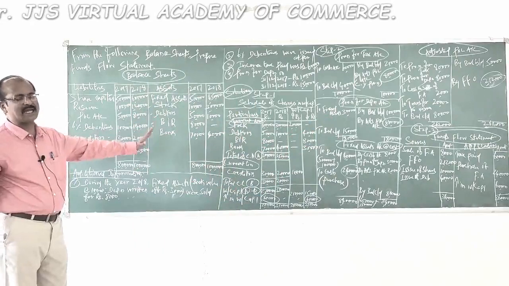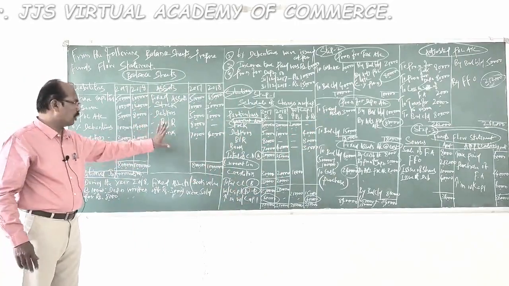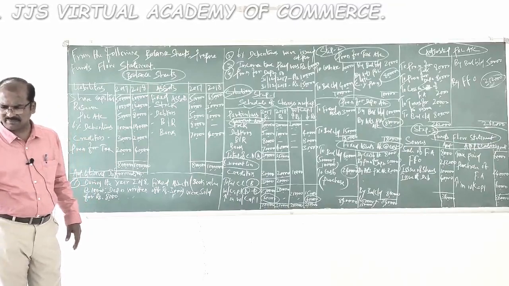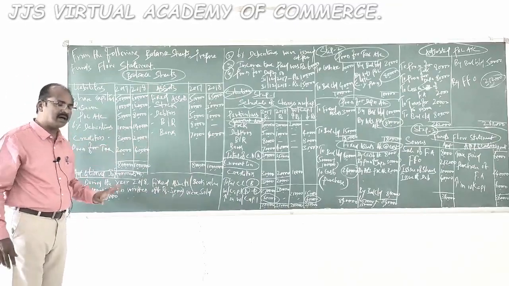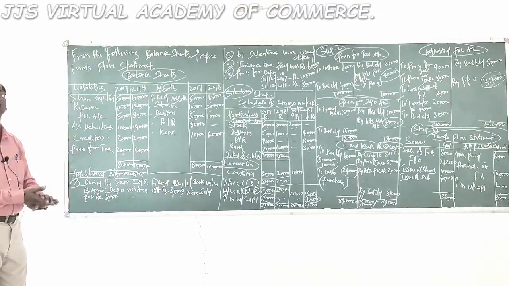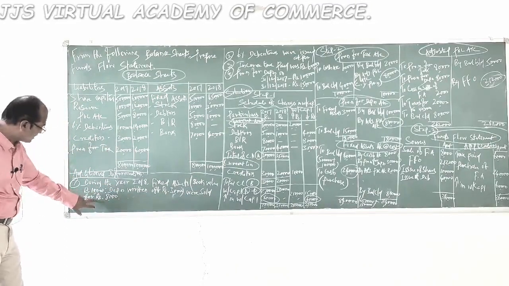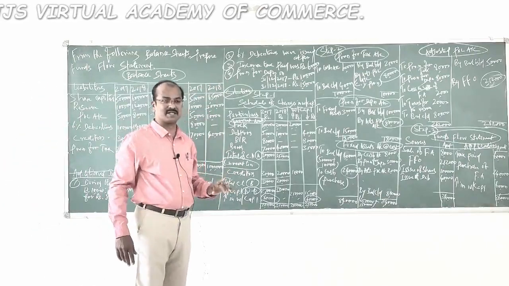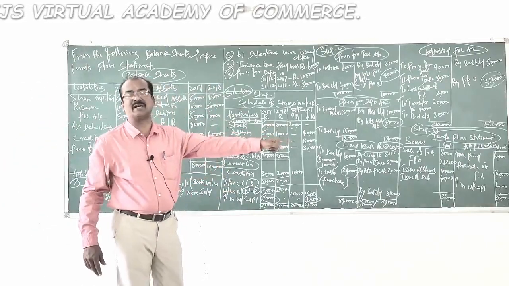Fine. Is there any intangible assets that are written off? No, we don't find any such item like goodwill, discount, patents written off, things like that. We don't find all those items here in the asset side. So let us pass through that. Let us move through the adjustments. This adjustment has been channelized through ledger accounts. 6% debentures, and it would be considered only in the funds flow statement.